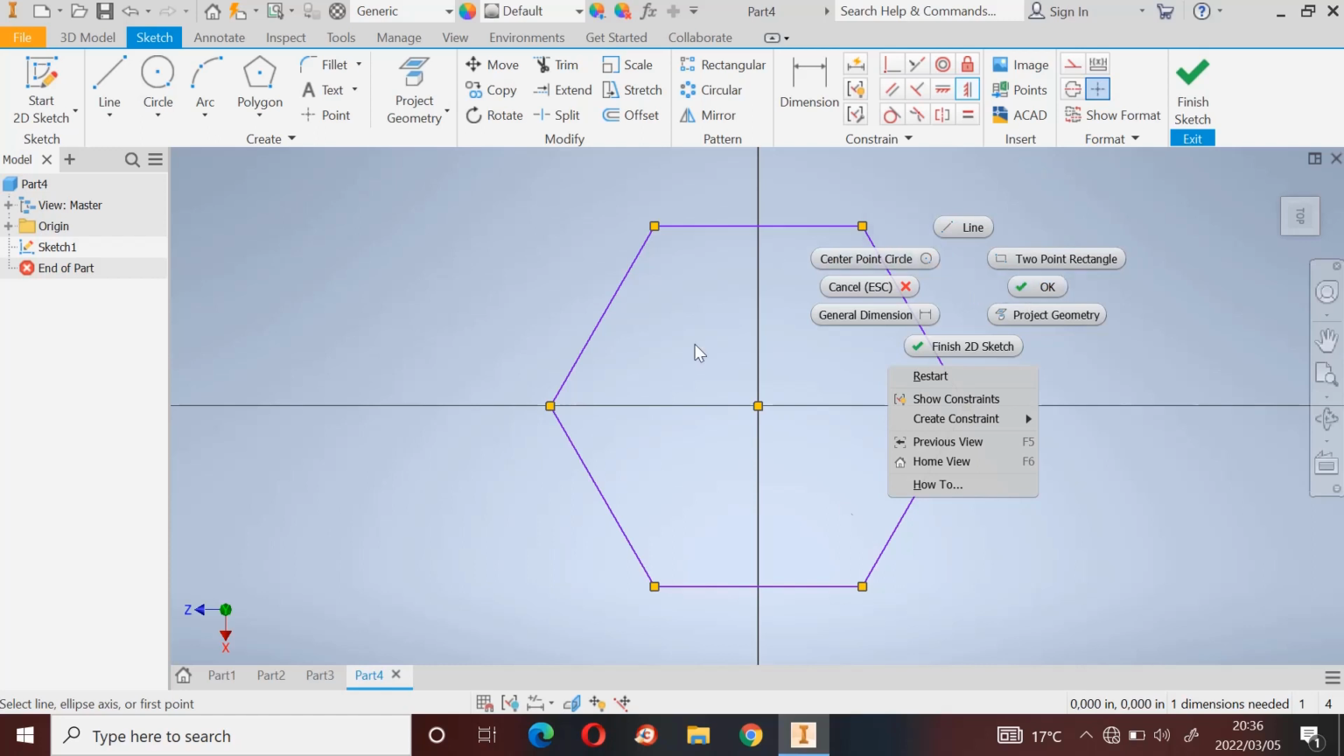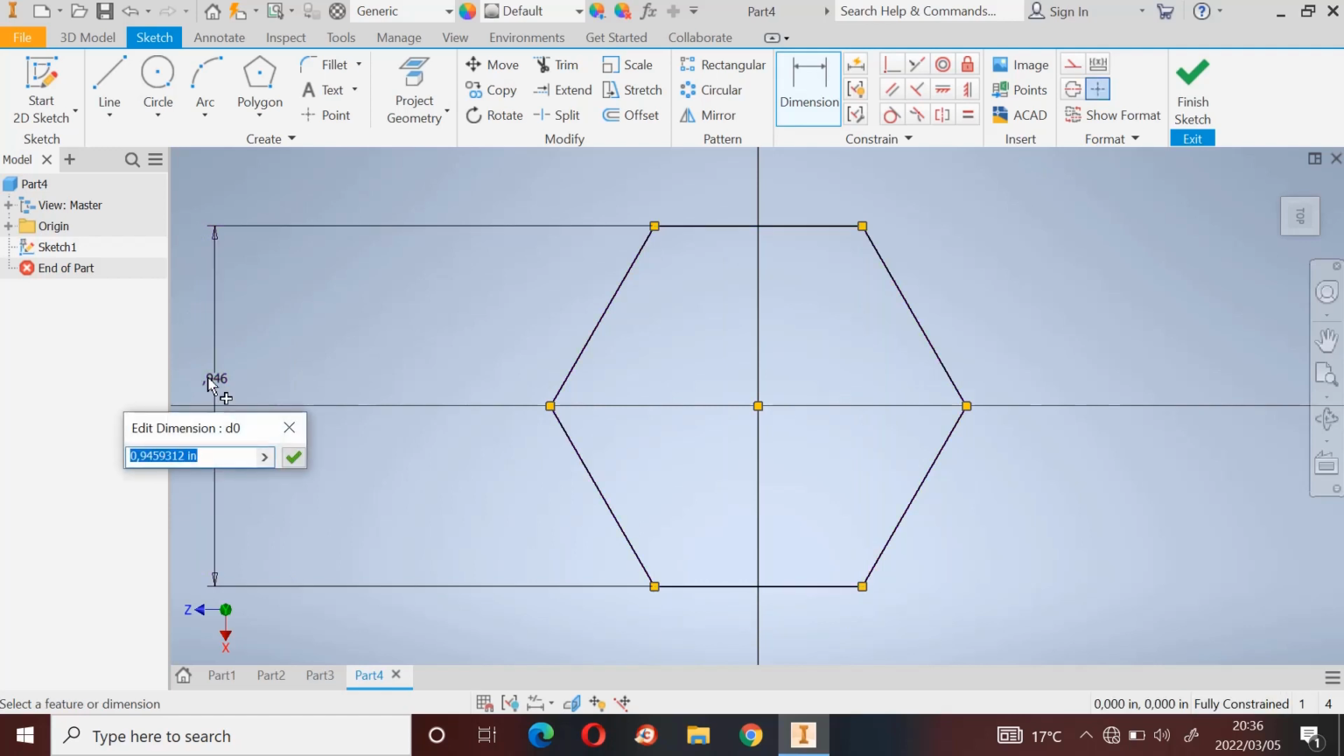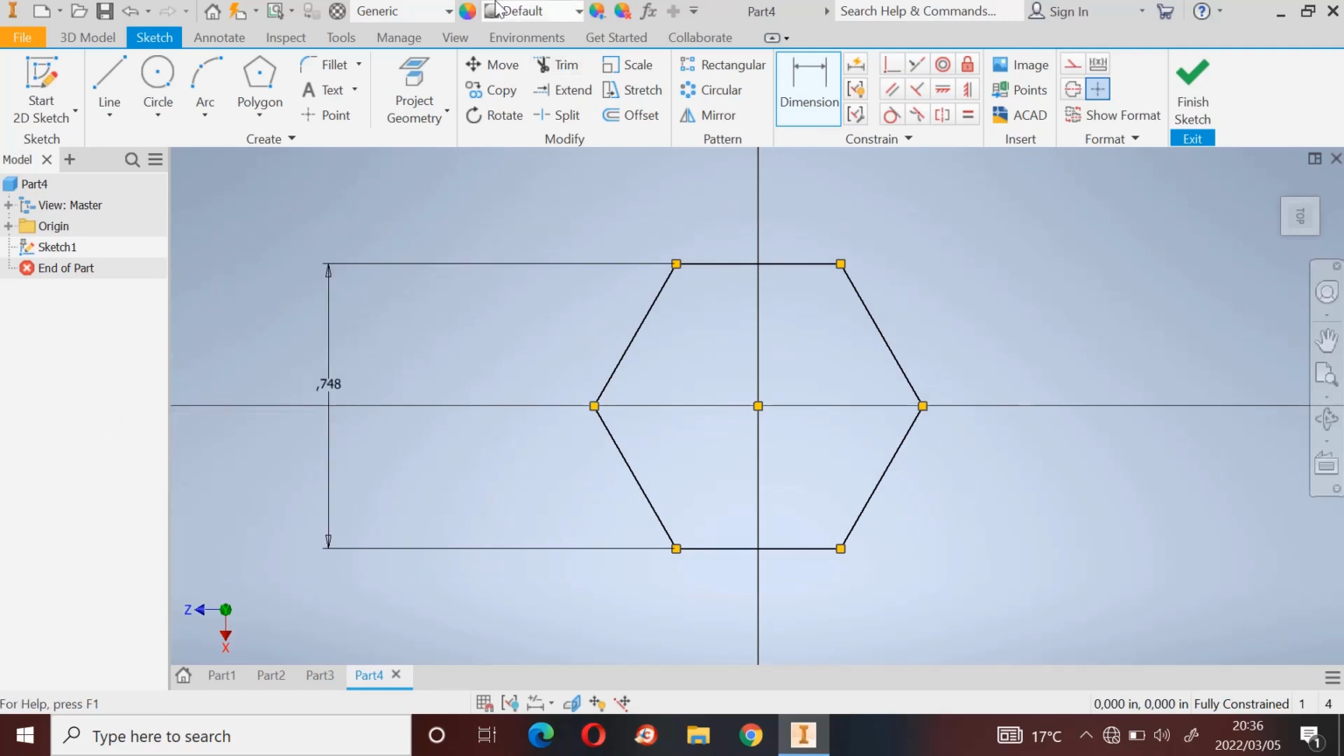Okay, so we are going to just dimension that. So we use the dimension. Remember I talked about the dimension, and we're just going to make it, let's use 19 millimeters, right? So I'm going to use 19 millimeters, and then we draw a circle there, the interior, just a rough circle,